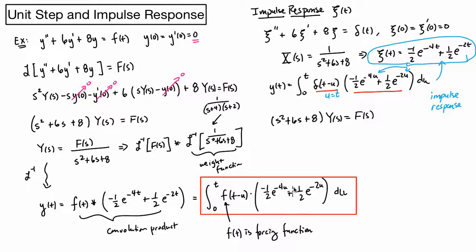So in other words, if this is xc of t, the unit impulse or the impulse response,